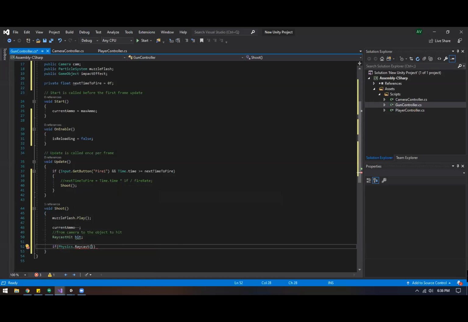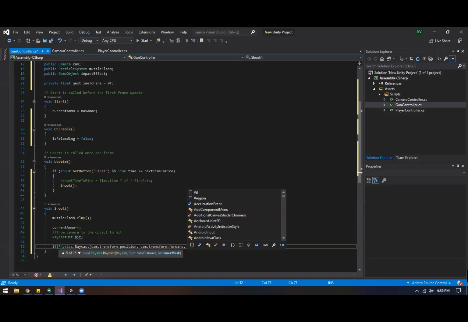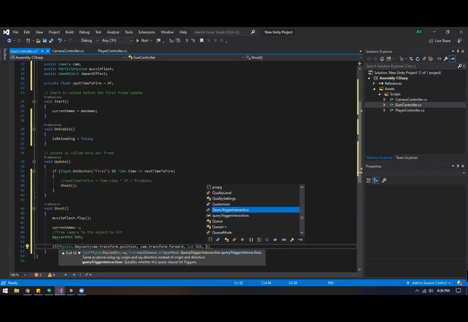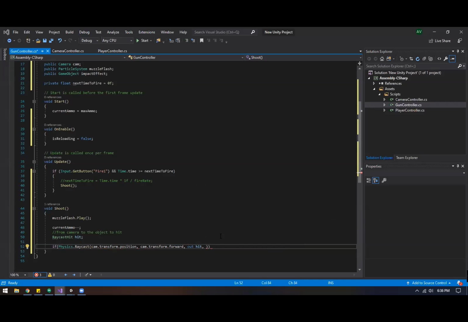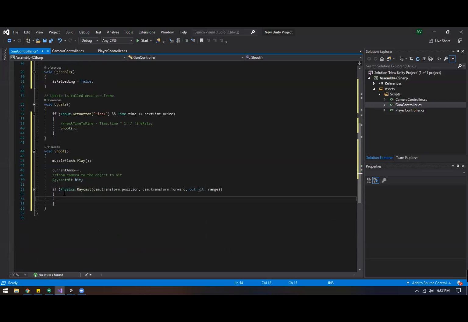Raycast is how you set up your raycast. So first is going to be where you're shooting your raycast from, which is your camera position. And then you want to shoot it out forward, using the hit, and also within the range that we set up there, right? So we could just say this raycast even without the if statement, but being that we want to add conditionals to this,